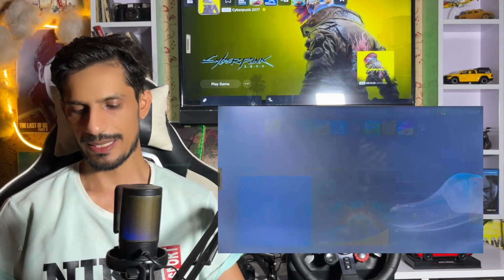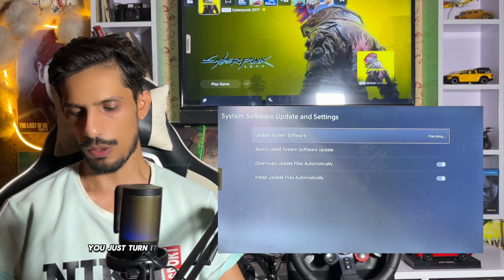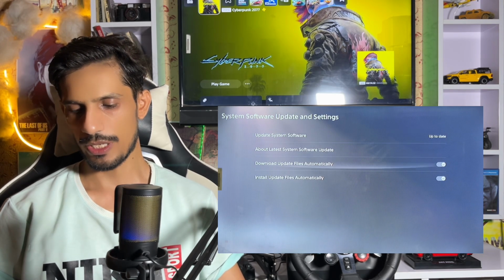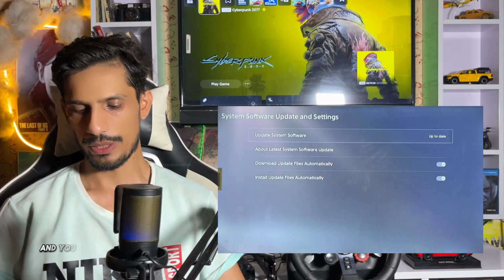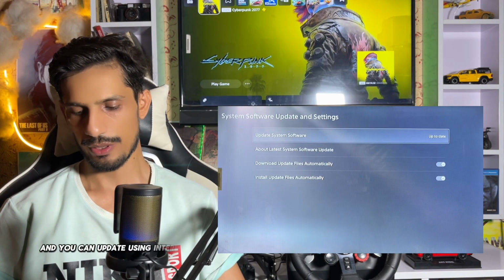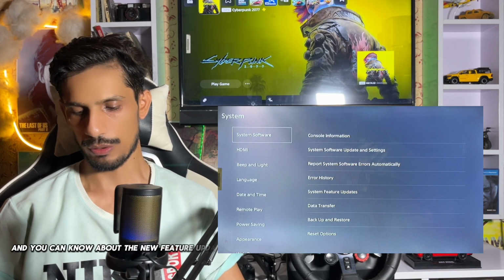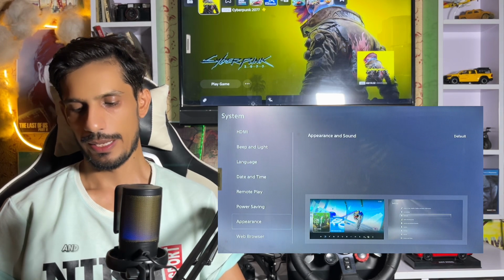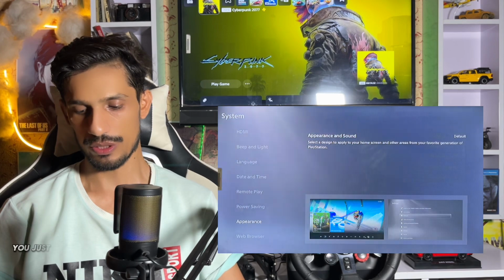Here you go to settings, and then go to system and system software update. You just turn on download automatically, and update. Here it is up to date. If you need to update, you get updating here. You can update using internet or USB, and you just update, and you can also know about the new feature update. And you can also restore the license, and sometimes your application, if it needs to, you just update